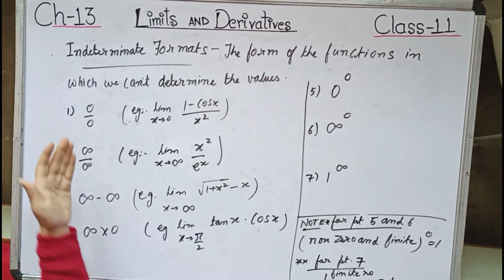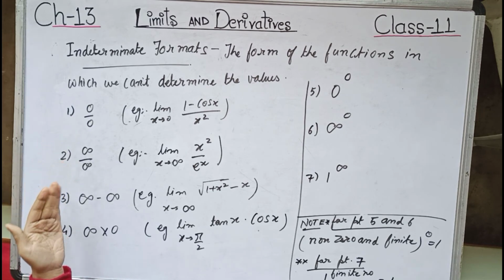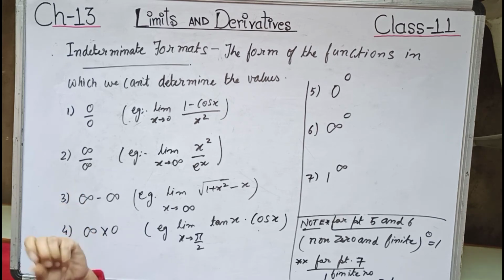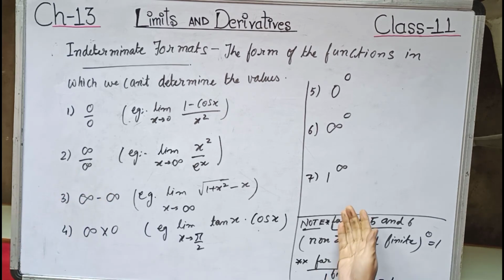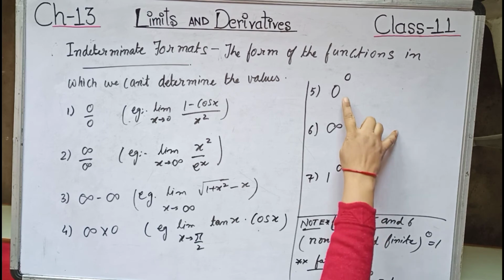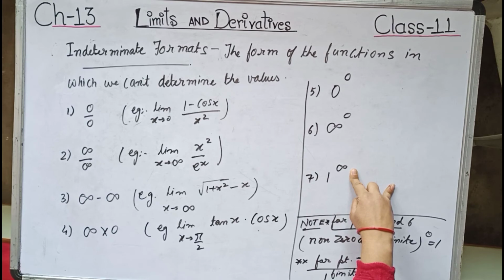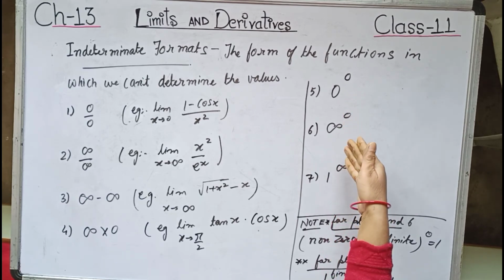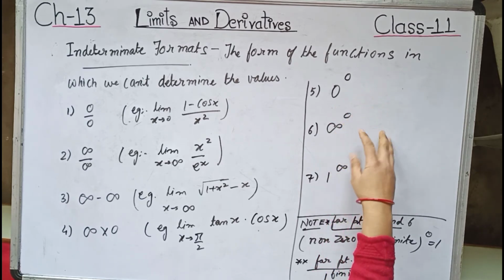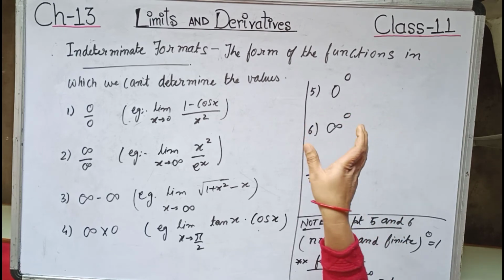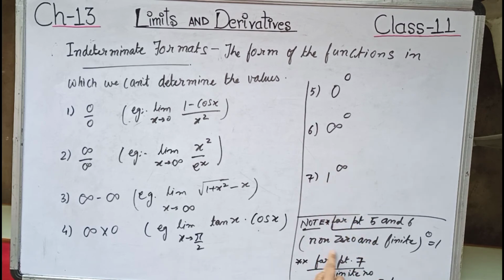So most of the sums, when you get in the form of 0 by 0 or infinity by infinity, we will be converting it to a defined form with the help of known concepts or with the help of formulas. The other 3 indeterminate forms are 0 power infinity, 0 power 0, infinity power 0, and 1 power infinity. Now in the junior classes you were taught that any number power 0 is 1. So in place of any number you can say any non-zero and finite number. Any non-zero and finite number power 0 is only 1.